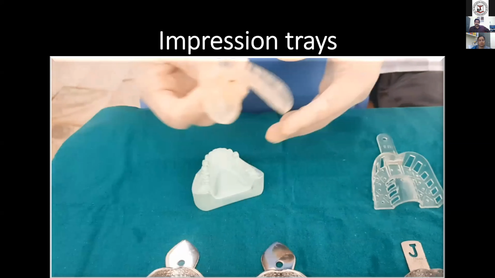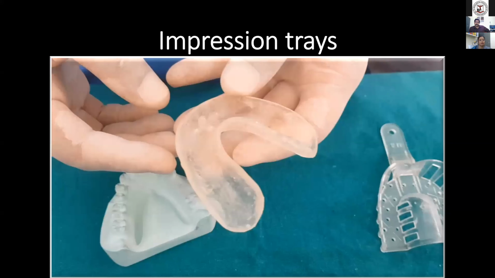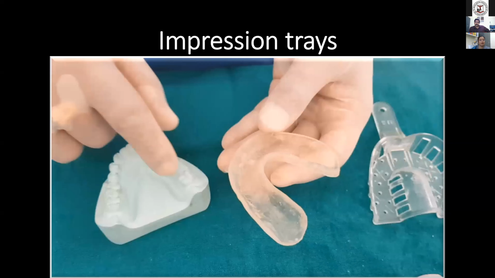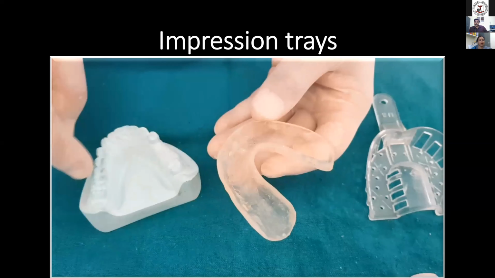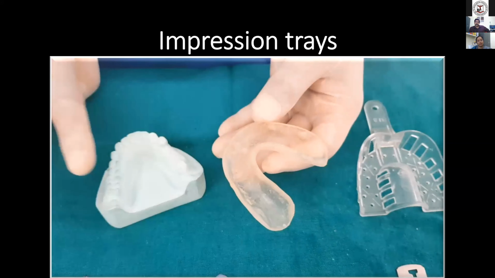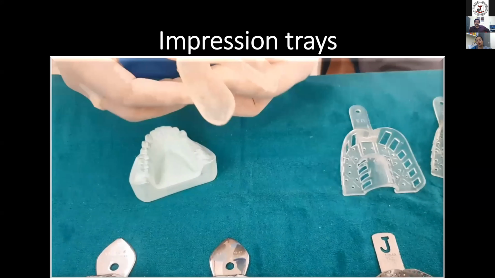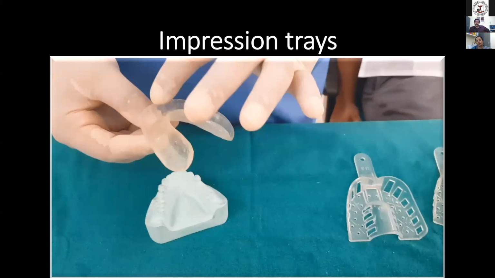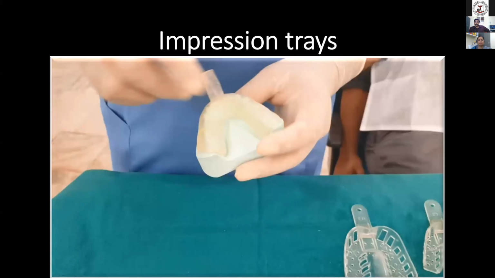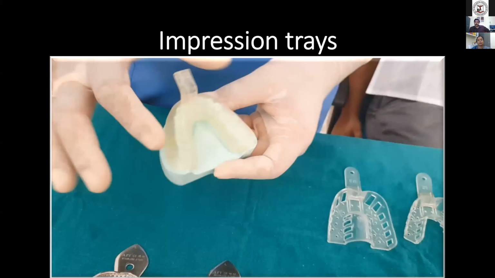These are the stoppers. That is 1, 2, and the third one. Stoppers are created by removing wax through cut wax at required areas, so that the tray will be in contact with the cast only in 3 areas. Here you can see that there is no rocking. Now you can see that cast is very stable and there is no rocking of the tray.